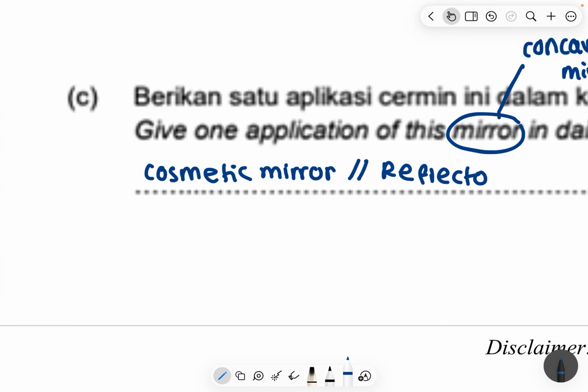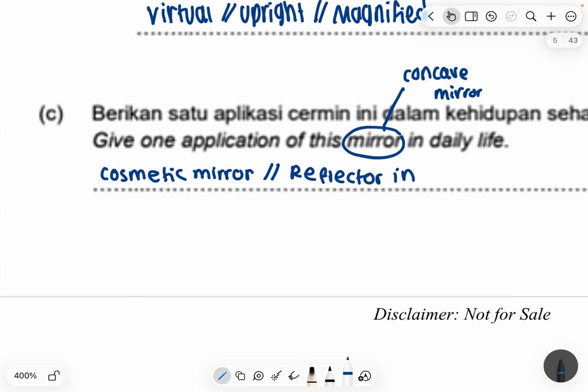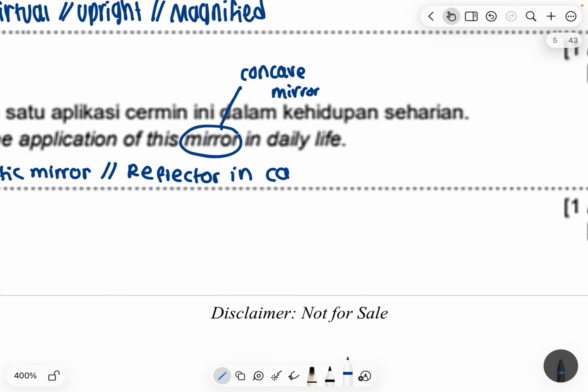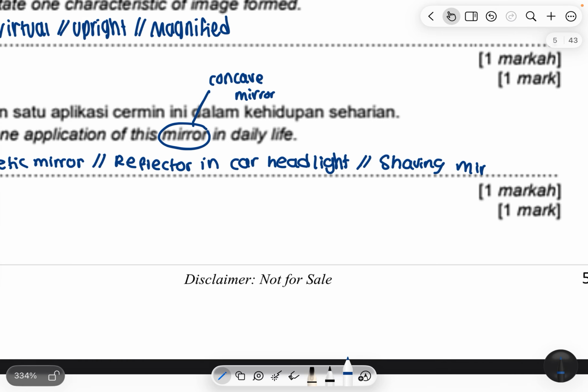Reflector in car headlight, which is also in our textbook. And if you want to be extra, you can give an outside of your textbook answer, which is a shaving mirror, which has this